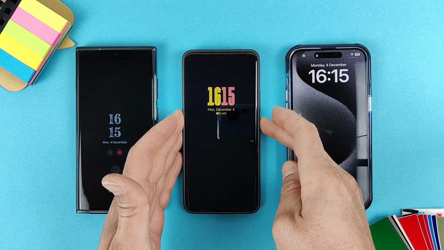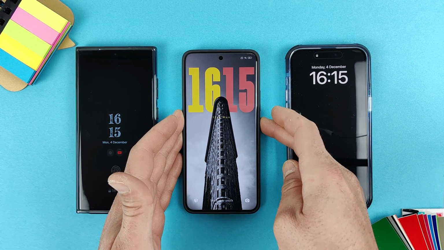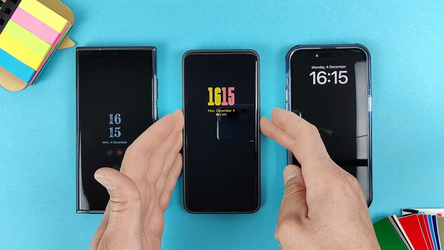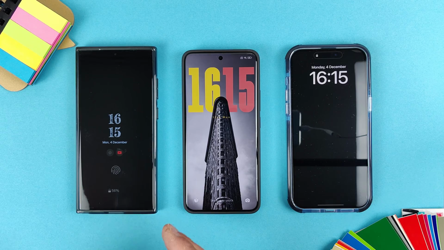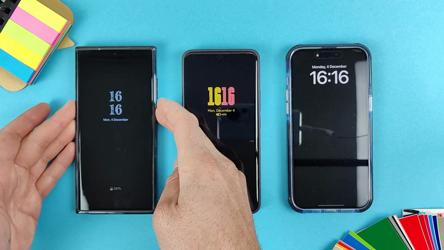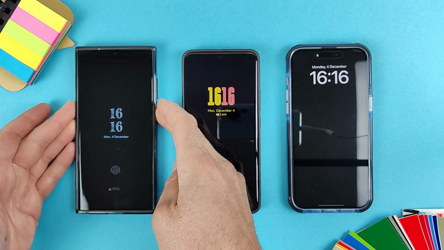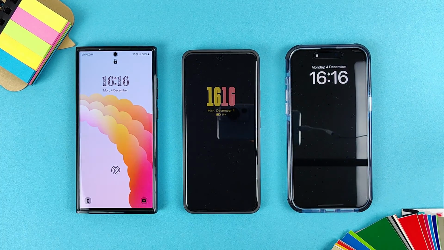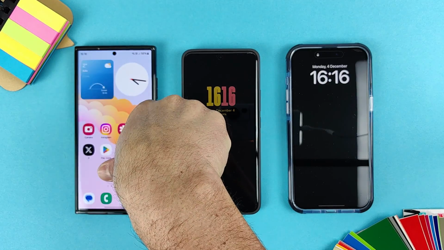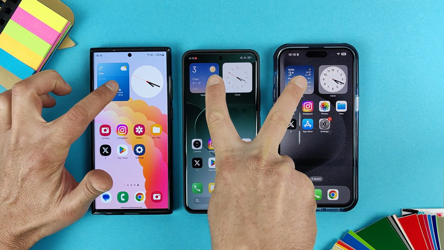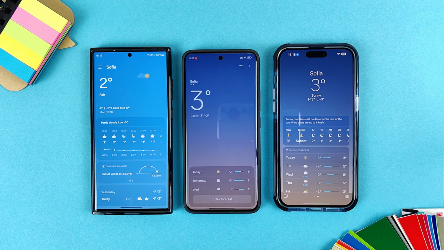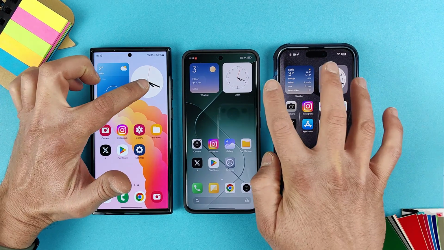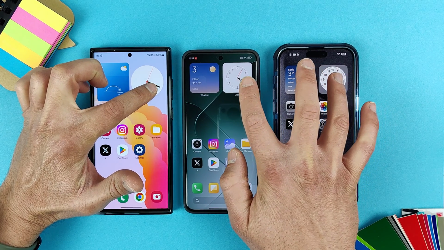And here on Xiaomi, actually it's very beautiful. I like it. Pumping the clock, very nice animation by HyperOS. And here on the One UI, animation with the clock is nice. Now let's unlock them. Weather widget, here is the clock,